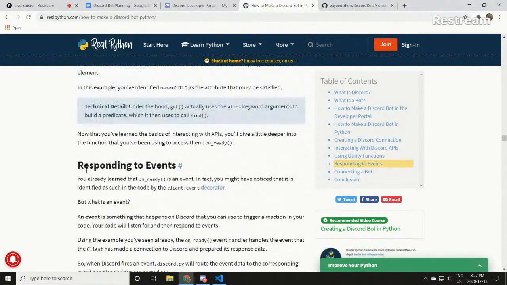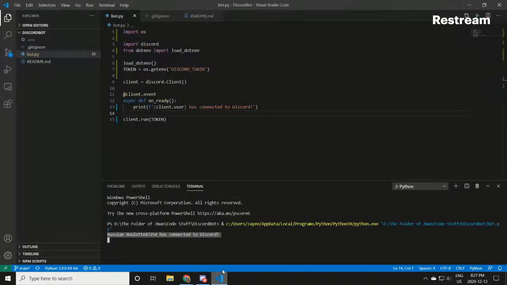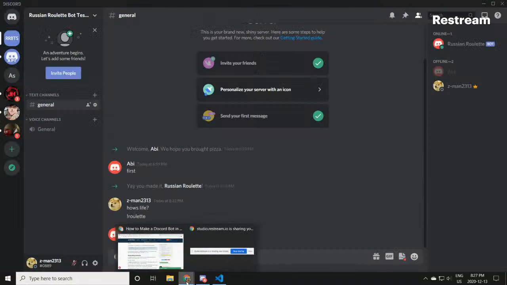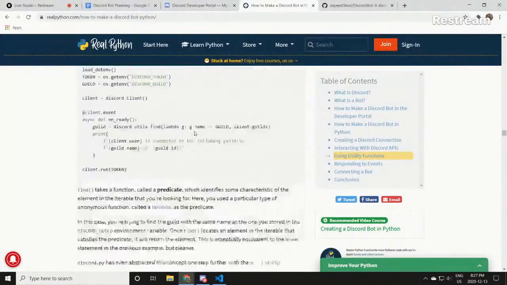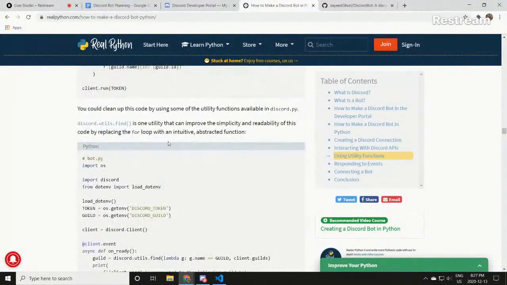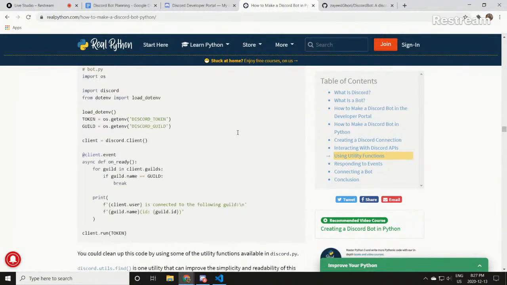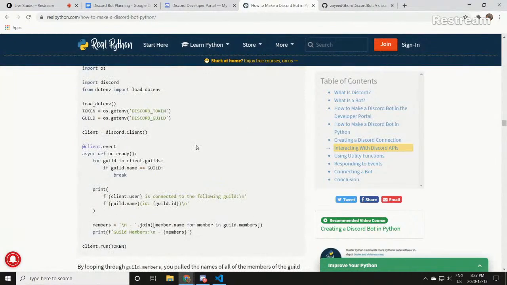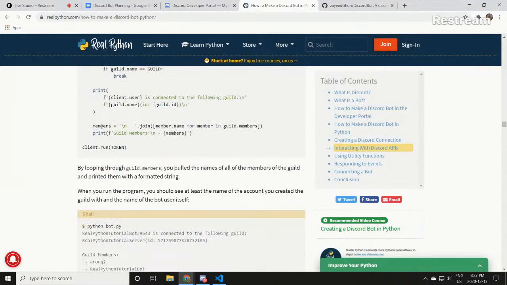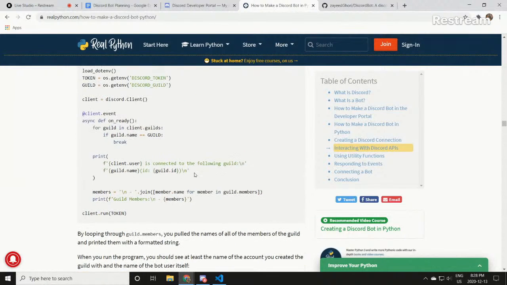Okay, so this is responding to events. Let me first try printing my name with the bot. So it says, where is it? Yeah, I think it said somewhere that you can get the server members. So I'm gonna first add